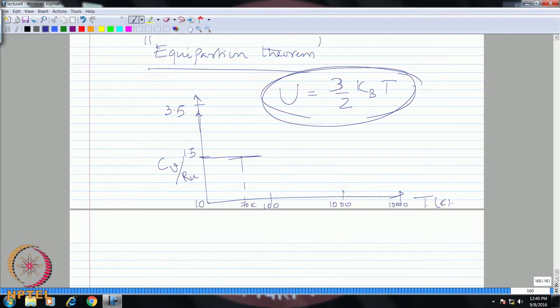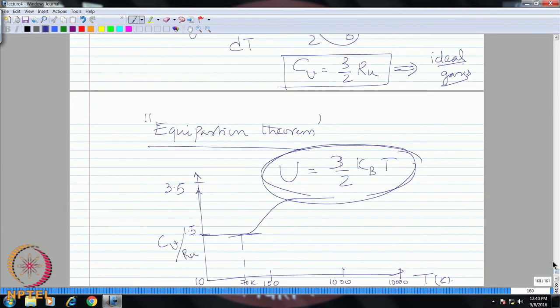We have not considered that in the simplistic picture, but for the diatomic case that will become more important at higher temperatures, and that will kick in, and you will find that it will slowly transition to a value of Cv by Ru, which will be, now you have to add contributions from the rotational. So, that is another half kBT. So, your Cv by Ru from the translational degrees of freedom is 3 by 2. If you add another degree of freedom due to rotation, you will have basically 5 by 2. So, this will reach a value of 2.5,